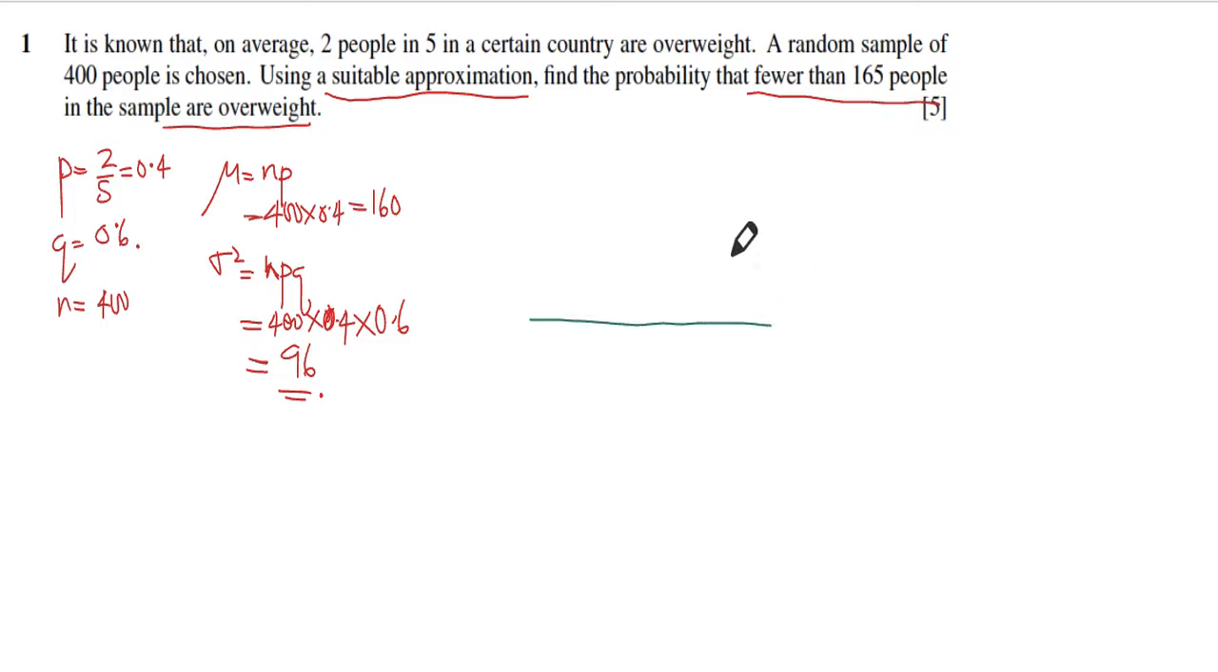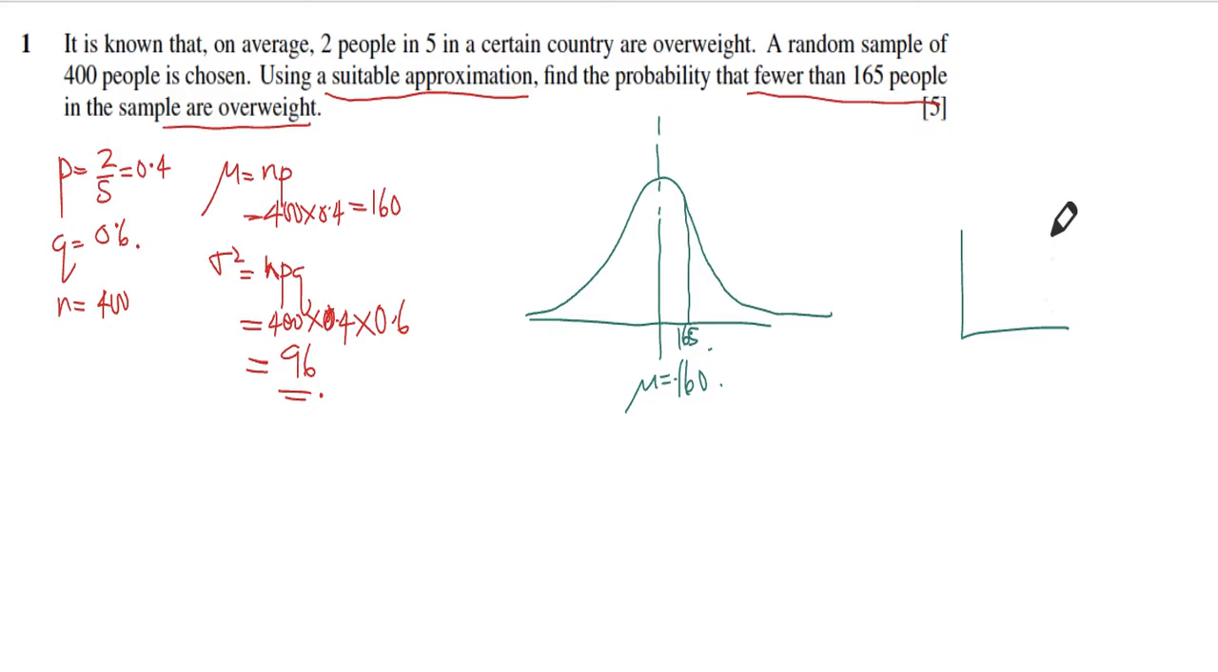Now let's draw the normal distribution curve. We know the normal distribution curve is a bell curve, a symmetrical curve, and in the middle we have mu, which is the mean. The mean here is given as 160. The question requires us to find fewer than 165. Let's say this is somewhere 165. So I need to use continuity